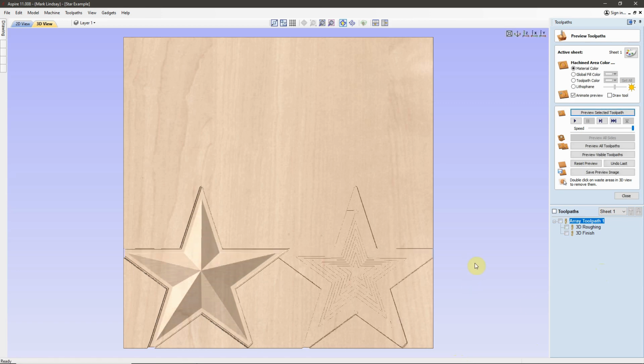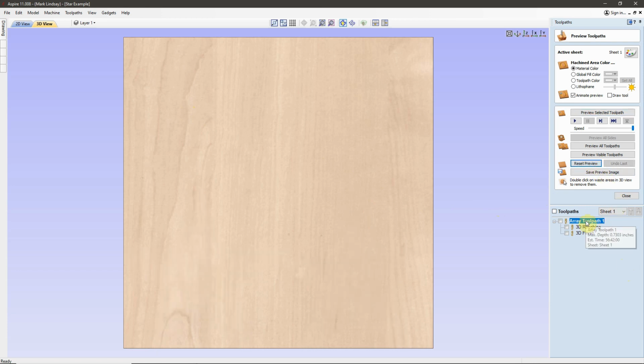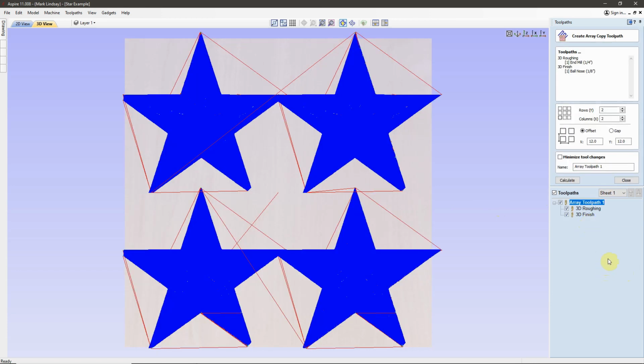I'm going to stop the preview right there because I don't know if you noticed what it did. It did the 3D roughing toolpath, then immediately went to the finishing toolpath. That would mean I'd have 4 tool changes here in my project if I did that. Let's reset the preview. Let's go back into the Array Copy Toolpath, and now is when we want to look